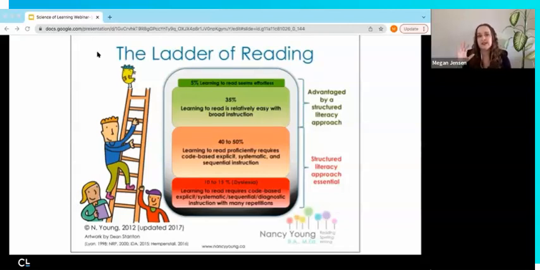What's important to understand, and what I think this ladder of reading image does a really nice job of conveying, is that a structured and systematic phonics-based approach to teaching kids to read is going to serve the majority of students. There's only that very small sliver at the top of this ladder that seem to not need any sort of explicit instruction and will learn to read regardless of receiving instruction. For the rest of us, we're going to benefit from explicit instruction that teaches us those letter sounds, that helps us connect those sounds to letters, that helps us decode, and that gives us a lot of practice with building